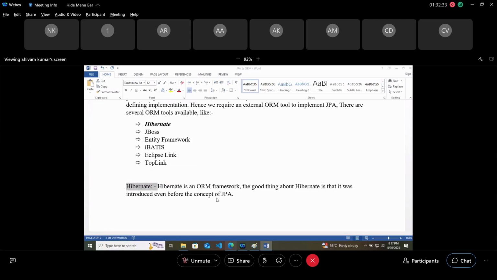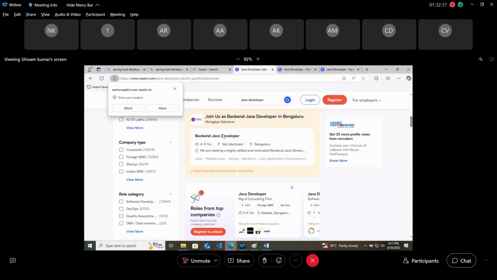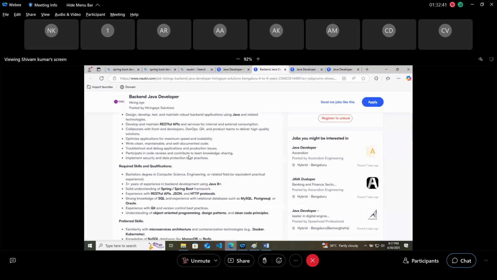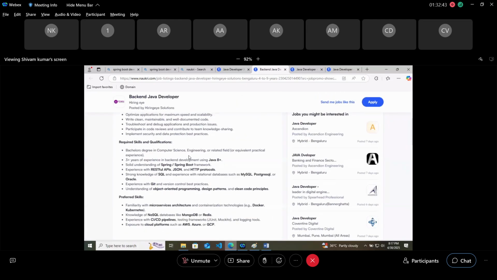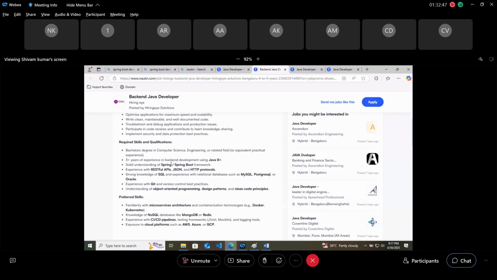You can search other jobs as well. I'm not saying that just use a search only. In most of the jobs, you will see that. So here, Spring Boot, strong knowledge of SQL and experience with the